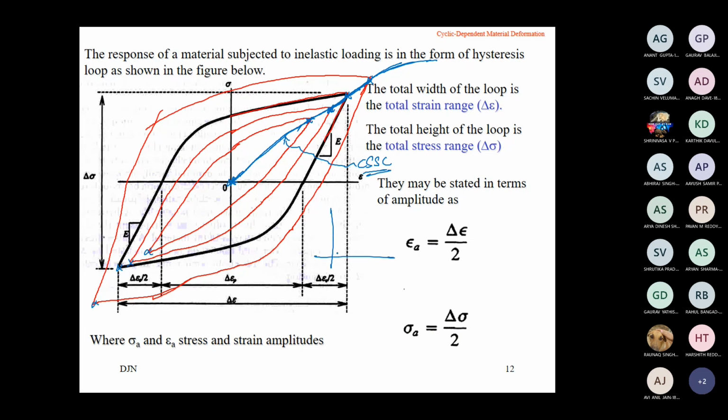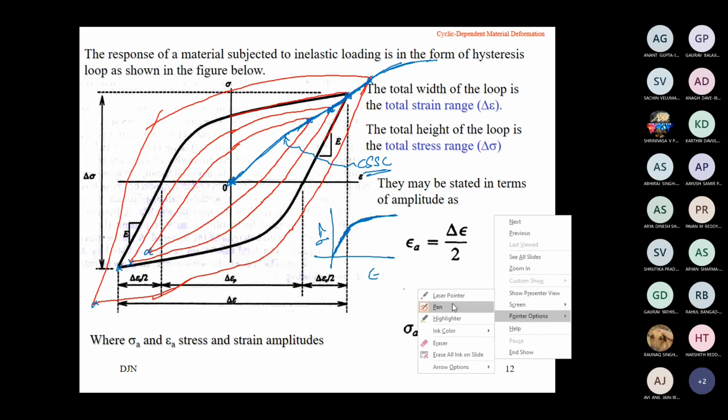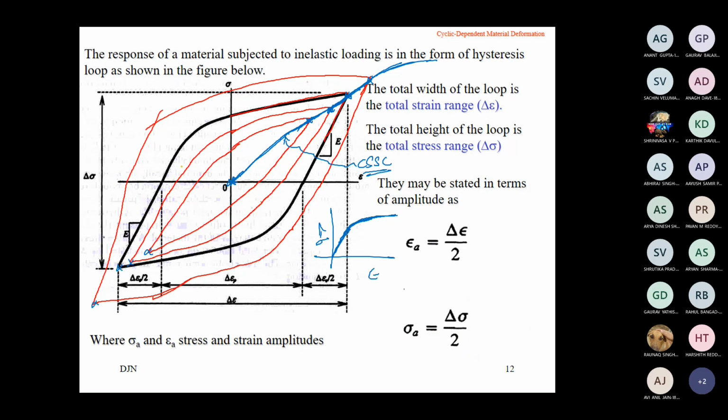For the monotonic stress strain curve diagram, without connecting hysteresis loops, you are only making it for one load. You go on pulling the material, and you get the corresponding stress strain diagram. Monotonic stress strain diagram, single. What is obtained by connecting the loop tips is the CSSC diagram. Both we can show on the same graph, not a problem. Once the hysteresis loops are known, you can draw both on the same graph.